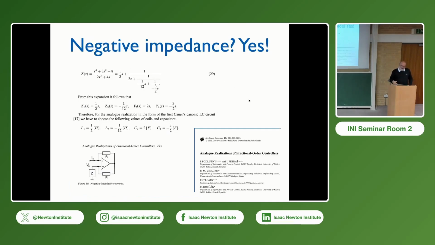With my colleagues, we had applications of fractional order modeling and in control. So we have working electrical circuits of fractional orders that we use as filters and controllers. And we designed them using expansions in continued fractions. And the coefficients in those expansions dictate the values of the elements in the circuit. And we also had negative values. So what is negative resistance? What is minus 10 ohm? What is negative capacitance?